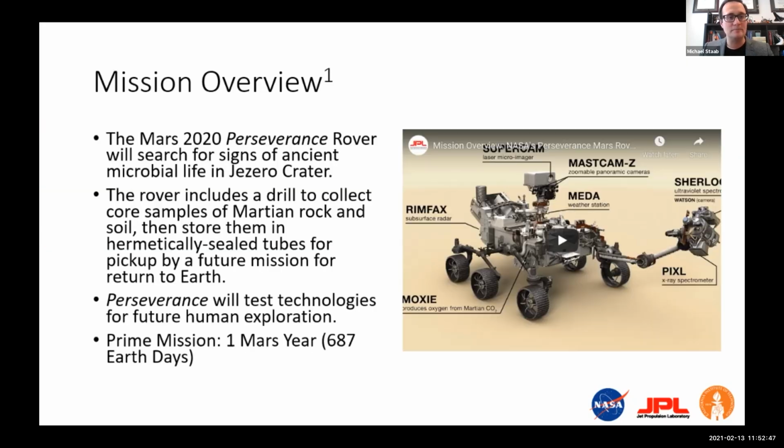So the Perseverance rover will search for signs of life in Jezero Crater. The reason we're going to Jezero Crater is that, from orbit, a graduate student who was interning at JPL was looking at HiRISE images from the Mars Reconnaissance Orbiter and was able to deduce from the orbital images that Jezero Crater is an ancient river delta. An ancient river delta is a place where water was flowing and then deposited minerals,